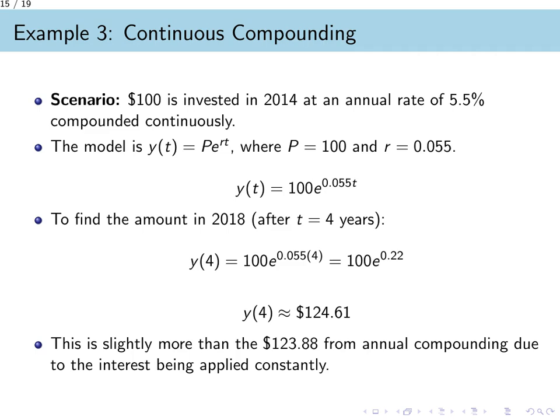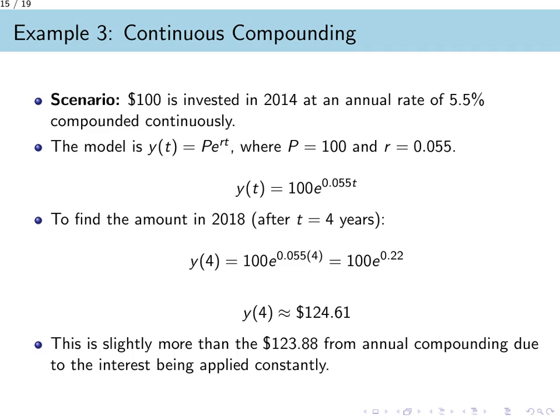Using our same scenario, the initial principal p is $100, and the rate r is 0.055. To find the amount in the account after 4 years, we calculate y of 4, which is 100 times e raised to the power of the quantity 0.055 times 4. This gives us a final value of approximately